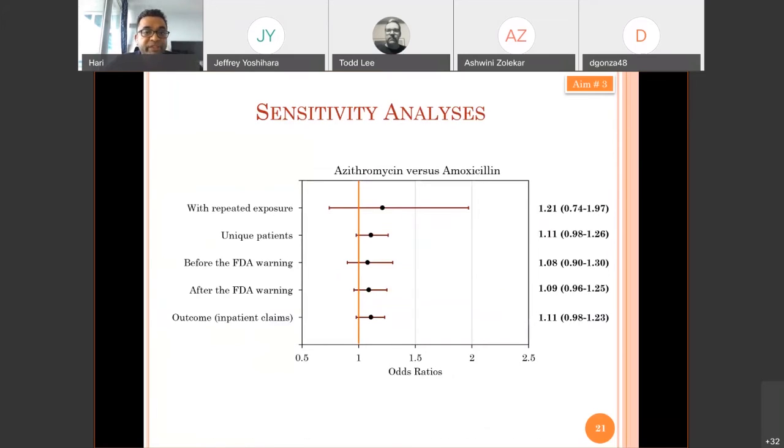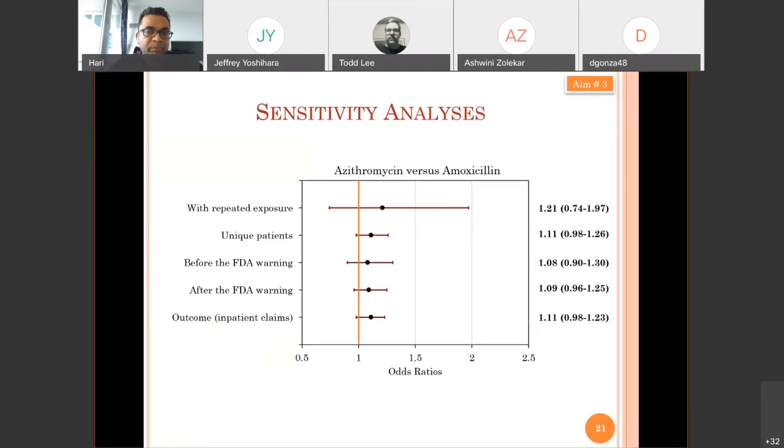In terms of the sensitivity analysis we've done here, here's the breakdown in terms of patients who had repeated exposure. So these patients had multiple episodes of azithromycin or amoxicillin therapy. We looked at patients who were unique, mimicking the new user design. We looked at before and after the FDA warning, and the outcome where it was only measured from inpatient claims. Again, no difference in any of these